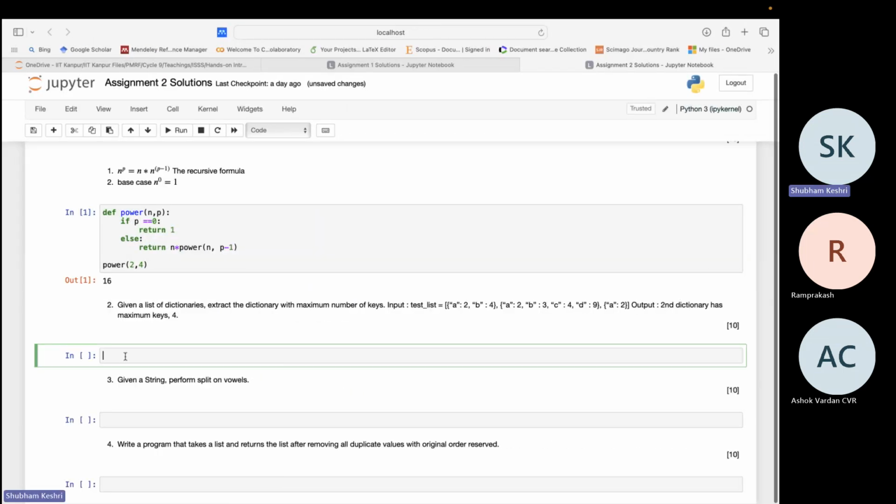So in the second question, you have a list of dictionaries. This list contains some dictionaries. And what do you want? You want to extract the dictionary and also the index of the dictionary which has the most number of key value pairs. So I'll repeat the question. This question wants you to extract the dictionary and also the index at which this dictionary is, for the dictionary which has the highest or most number of key